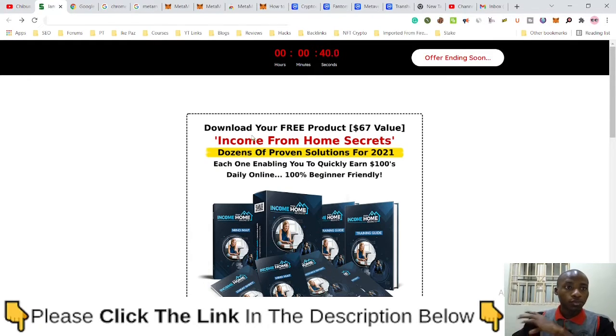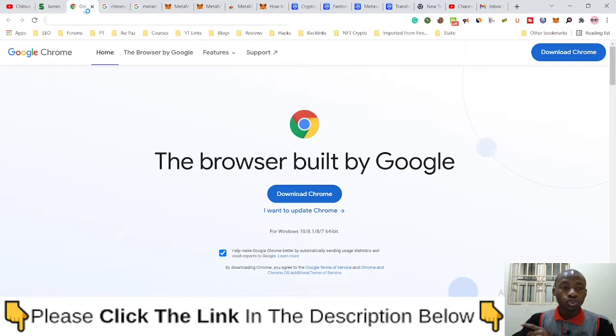So if you want to be able to add the Binance Smart Chain network to your MetaMask, the first thing to do is to actually install a Chrome browser, because MetaMask only works on Chrome browser. It doesn't work on Firefox, it doesn't work on Internet Explorer or probably Safari or any other browser that you may be using. So first of all, you have to install the Chrome browser onto your device. That is the first step you just have to do.